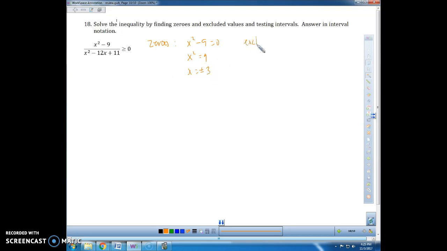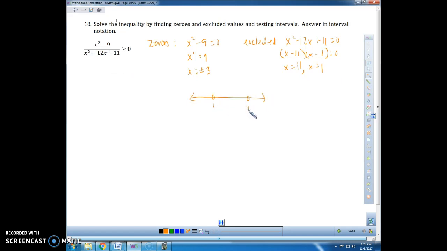Now our excluded values are anything that would make the denominator equal to 0. So x squared minus 12x plus 11. When does that equal 0? So then, I'm going to factor this. So x being 11 is excluded, x being 1 is excluded. These would be values that would make the denominator 0, which would make this not work. Now, 1 and 11